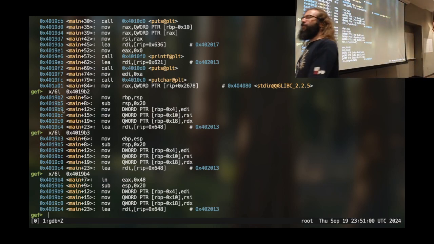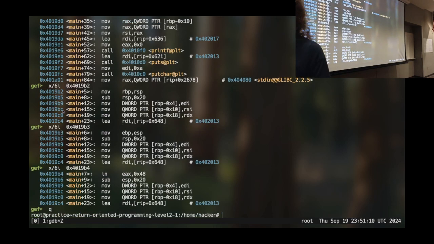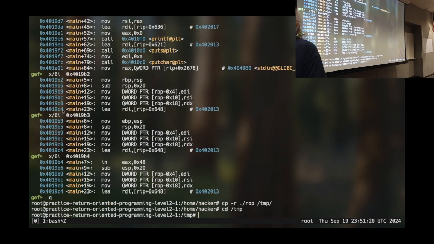So for Twitch, the statement was, when I was talking about no SUID in home hacker, kind of messing around with this, how do I deal with that? I said what the problem was. How do we make that not suck? And the answer is we will copy our demo folder over to temp and then just work out of temp.